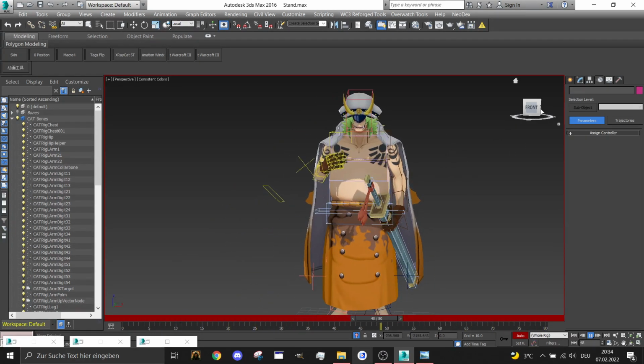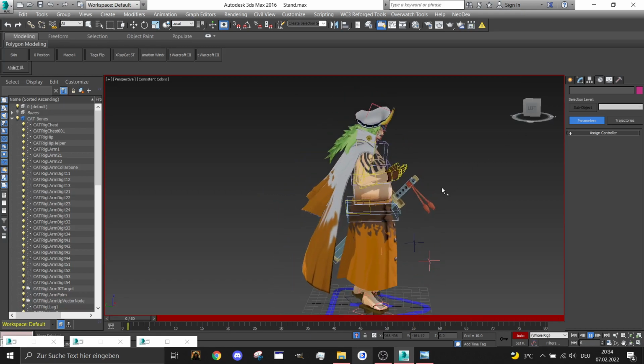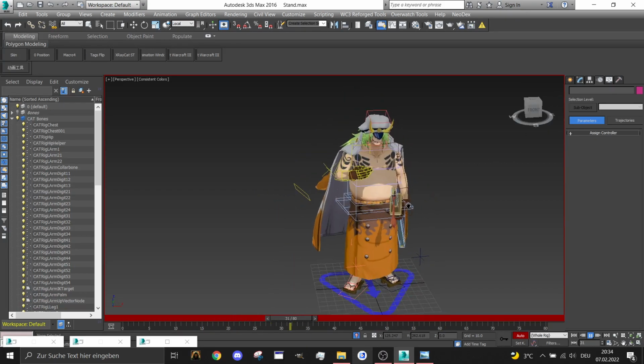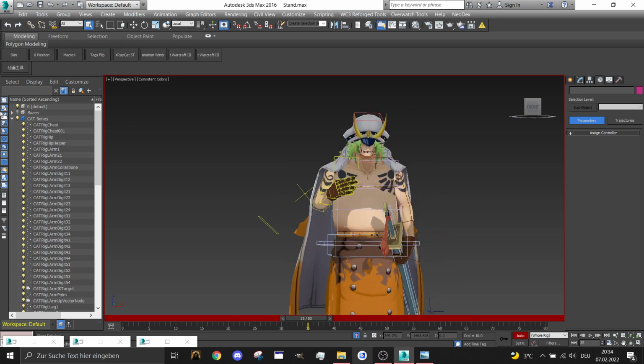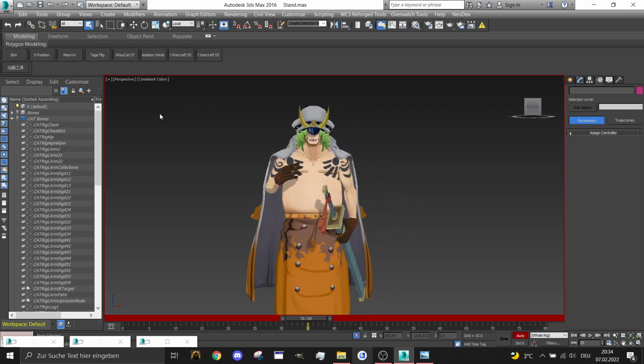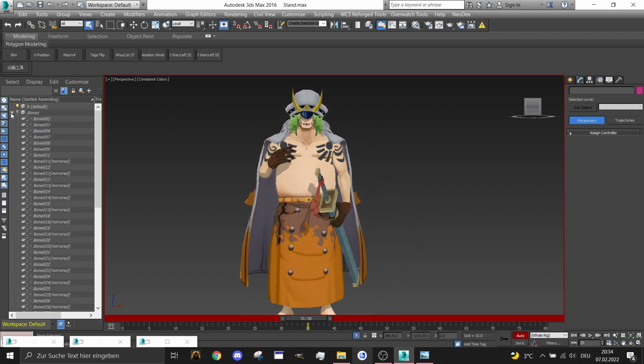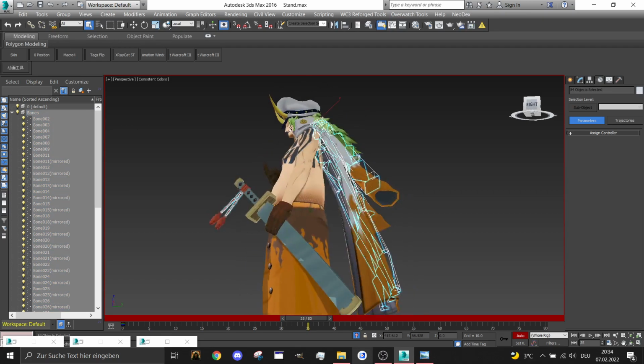Okay, that looks pretty good. And the next thing we want to do is the cape animation. So we're gonna save this one here, save the stand animation here, and then we like to unselect the cape bones and selecting the, or better said, unhide the bones here from our